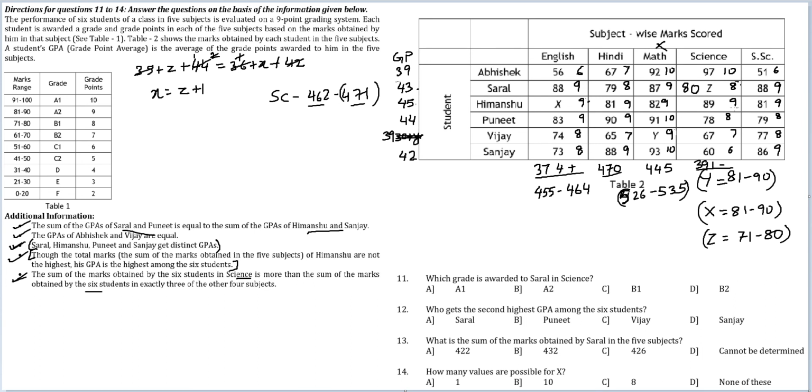Let's look at the sum of the marks for Himanshu. So 1 plus 2, 3, 3 plus 9, 12, 12 plus 1, 13. So 320 plus 13. Marks of Himanshu would be 320, and X, Z is certain now, so I don't care about it. X can go from anywhere from 81 to 90. So Himanshu's marks would range from 401 to 410. This is Himanshu's score.